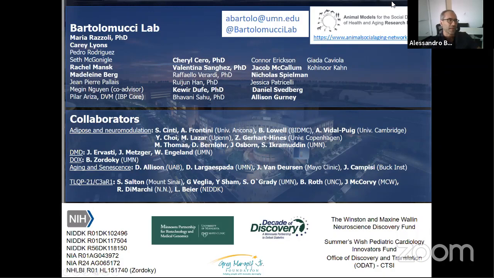The way to test that, maybe I can unshare my screen, would really be to test in the LDL receptor knockout strain we're using right now, at thermal neutrality, and see if the stress-induced brown adipose tissue activation would be able to buffer some of the negative effects. This is possible, but again, it adds another layer of complexity. Something that we are doing right now, and much of our interest has to do with the link between stress, atherosclerosis, and cellular senescence, and how we can manipulate the senescent cells in this phenotype. And so eventually, potentially, that's an option.